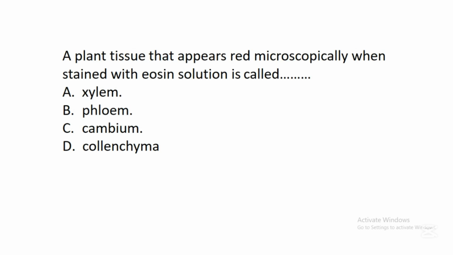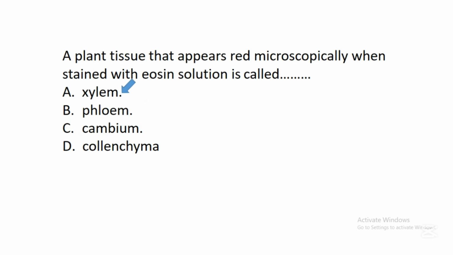The next question says, a plant tissue that appears red microscopically when stained with eosin solution is called dash. A. Xylem. B. Phloem. C. Cambium. D. Collenchyma. In this question, the correct answer is A. Xylem. Scientists have done research on these plant tissues and discovered that there is a tissue in plants called xylem. They stain this xylem with